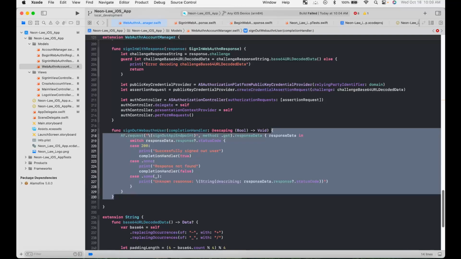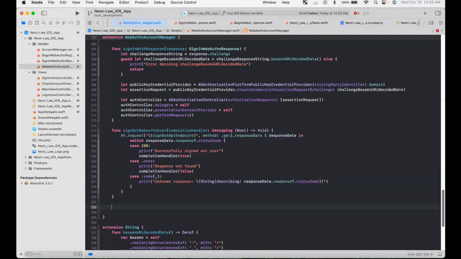So let's move on to deleting the user. And it's also similar. So we'll do func deleteUserAccount. Also add the completion handler, just copy this. Makes our life easier. All right,